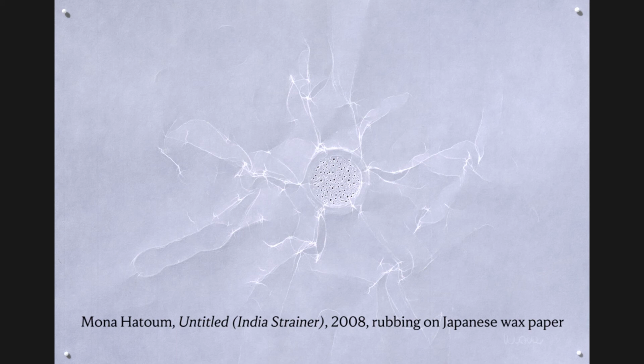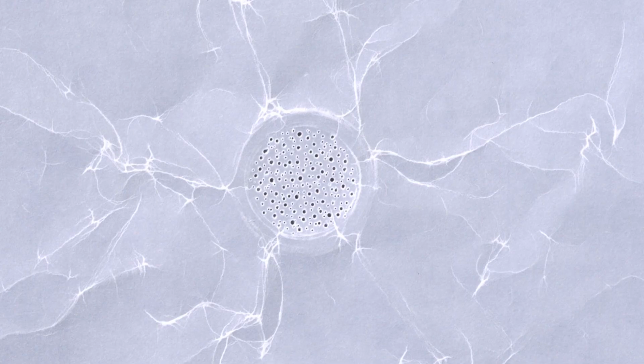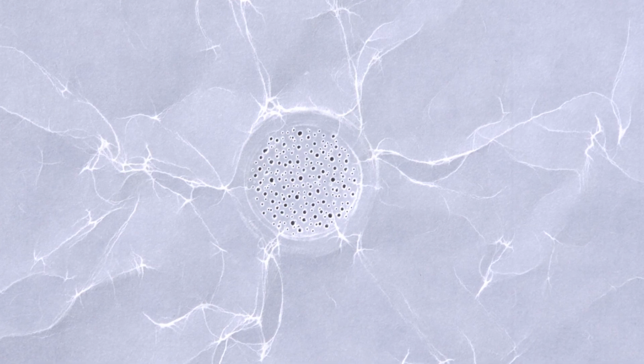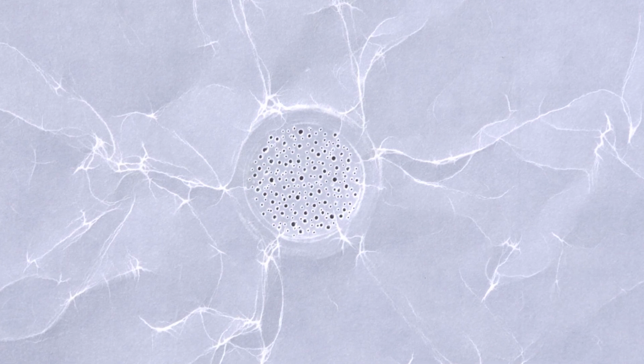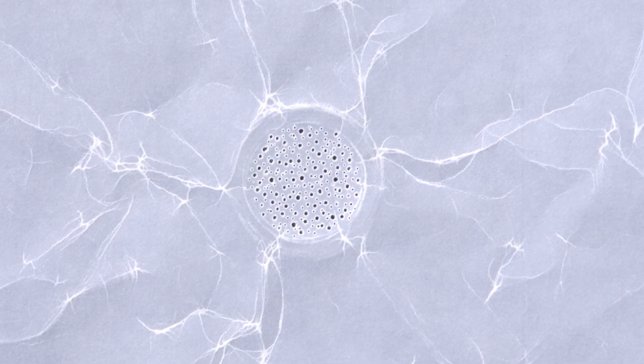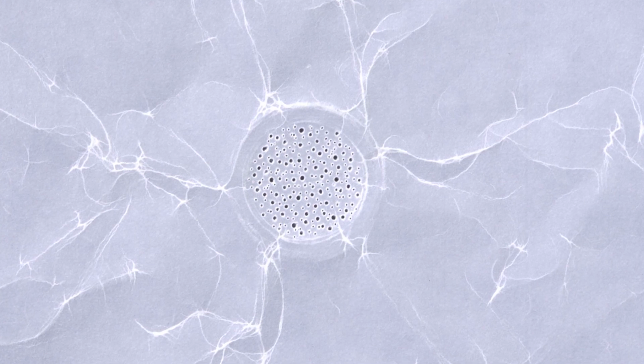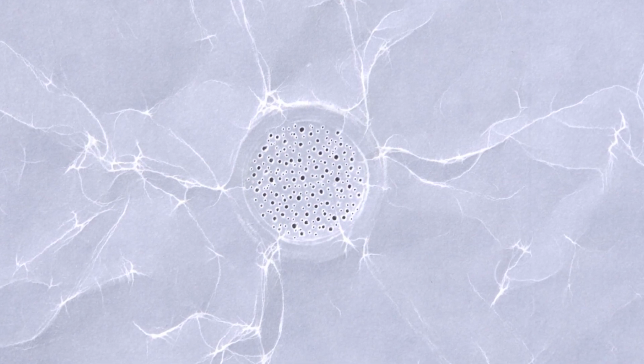I want to leave you with a final set of recent works, an exquisite set of rubbings on wax paper by the artist Mona Hatoum. I won't say much about them, but want them to linger with you as meditations on all of the relationships between gender, labor, matter, and strain that I've brought up in this lecture. These are not screen prints and not quite stencils. They're actually rubbings, but they are rubbings of strainers and colanders and other humble kitchen tools that perform, traditionally in the hands of women, the work of straining and sifting and refining and cleaning in the home.